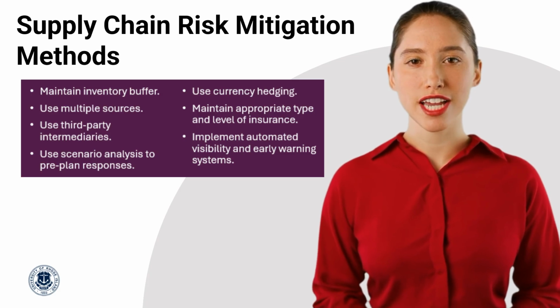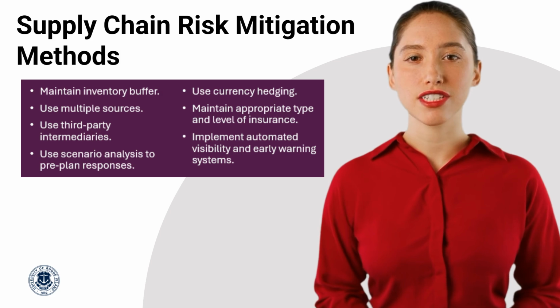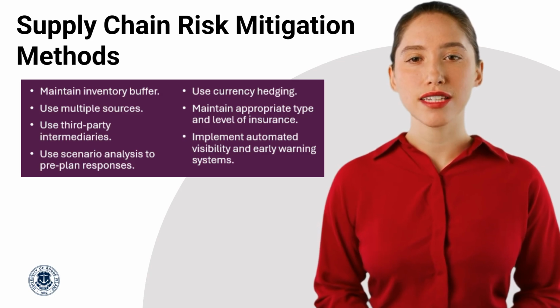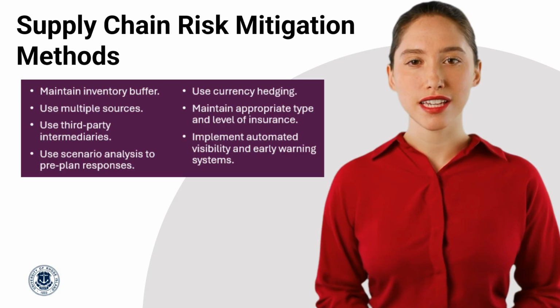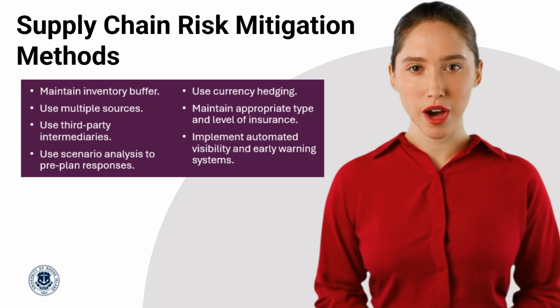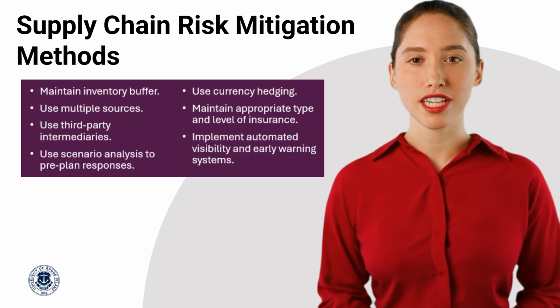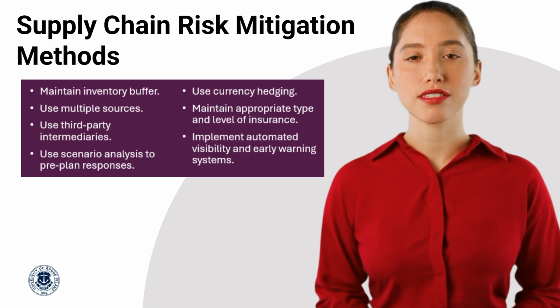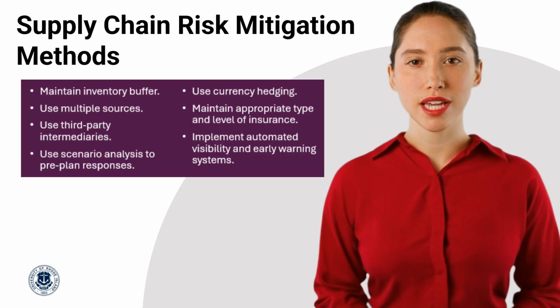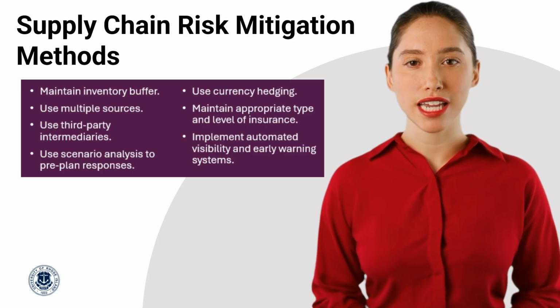Some risks are financial, especially exchange rate changes in global sourcing. Currency hedging, using forward contracts, futures, or options, stabilizes costs and prevents unexpected losses rather than trying to generate profit. Insurance provides protection as well. By insuring shipments, firms limit financial losses from damage, theft, or loss during transit, though coverage depends on contract and